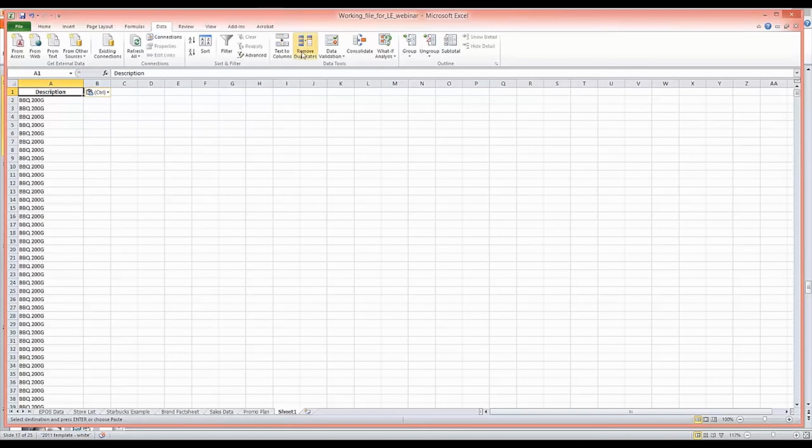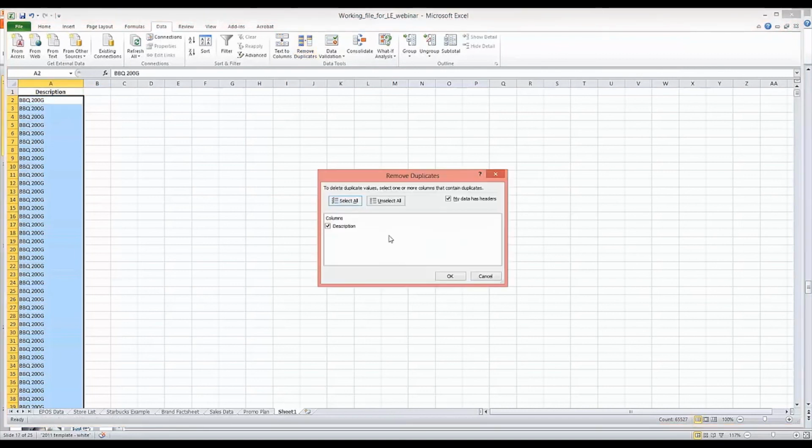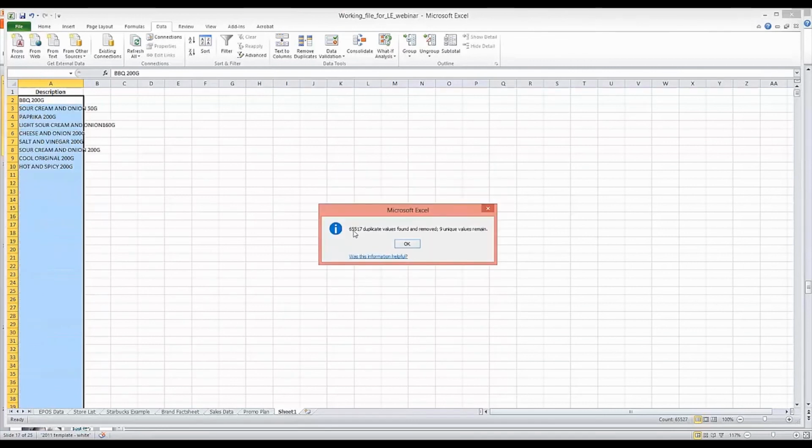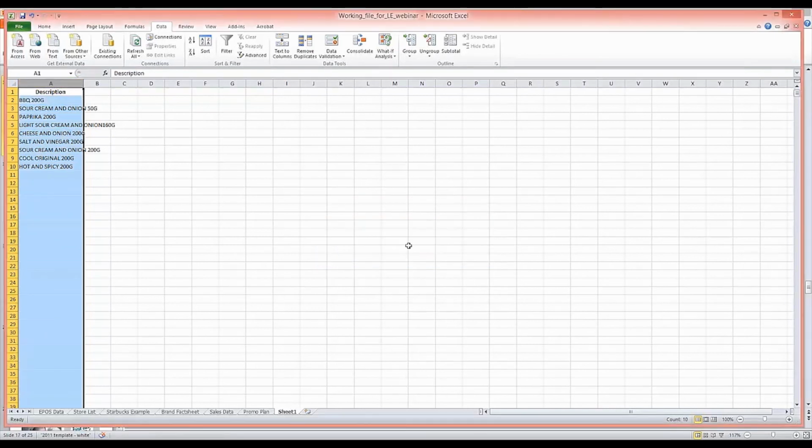Now there's a really handy tool you might not have seen before in data tools called Remove Duplicates. If I highlight this entire column of products now, and it might be that you're trying to find unique barcodes, unique employees, click on Remove Duplicates and it says select the column that you think contains the duplicates, so it already knows it's in this description column. If I press OK, you can see here that 65,517 duplicate values have been found and removed, and there's only 9 unique ones left. So again, that's taken me seconds to get down to that list rather than copying and pasting individual ones. So have a go at that one in your own time, because I'd like to move on